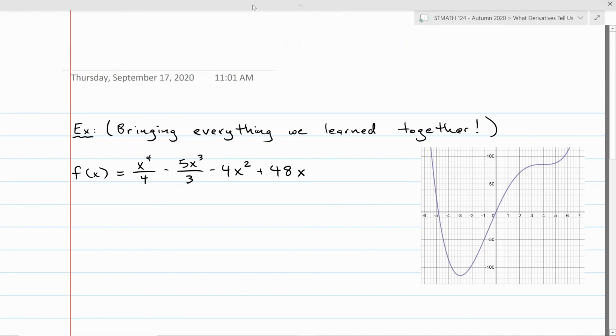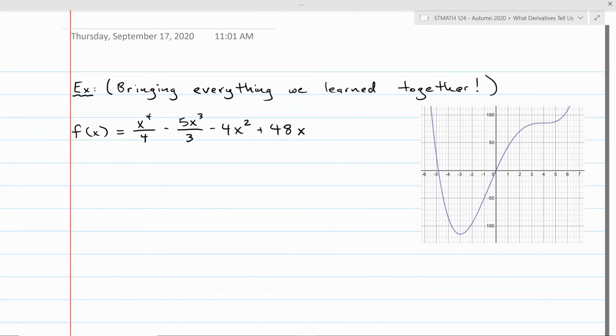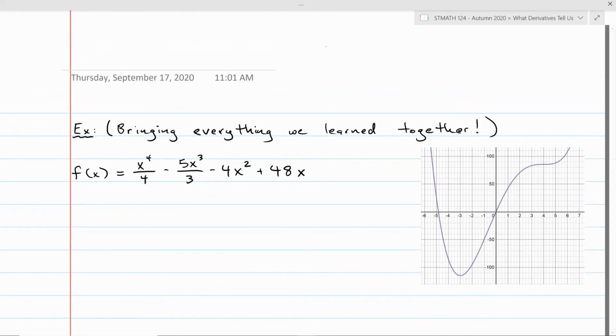All right, so I want to do one last example, and it'll bring a lot of what we've learned together. I kind of want to throw everything along with the kitchen sink at this example. So we've done about 4 things so far. So we did